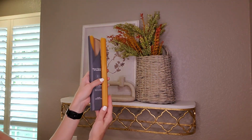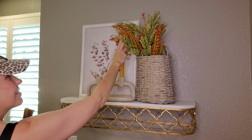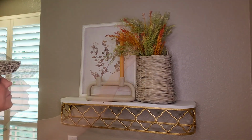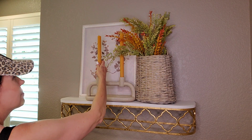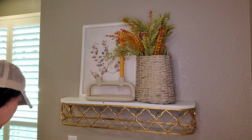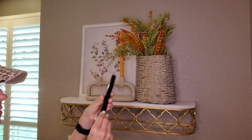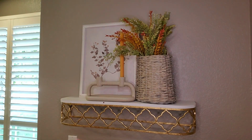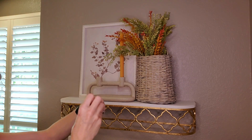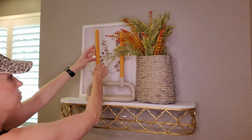These candles that were way too big for the other candlesticks are actually too small for this one. Why can't it be like women's jeans? There's no standard, and one size is not equal all the way across the board. So my little hack for you is to take a rubber band, and in this case I needed to use a couple on each candle, wrap it around, and it helps to grip the candlestick